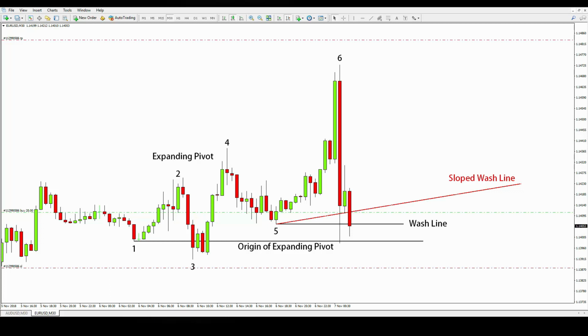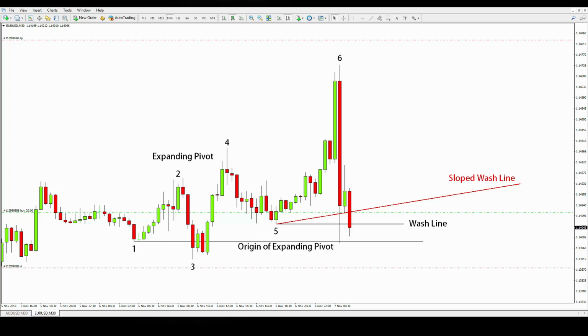In the chart you see on the screen you can notice that there is a small amount of price information. This does not necessarily mean that the analysis will be easier because highs and lows can get confusing pretty quickly. Observe that between numbers 1 and 4 we have an expanding pivot formation, which is when a higher high is followed by a lower low or vice versa. This is a problem because it creates too many possible outcomes for price. However, the market vector from 5 to 6 clears up the mess and states that the market is indeed going in an upward motion. The object of study of this chart will be centered around the candlestick number 6, which